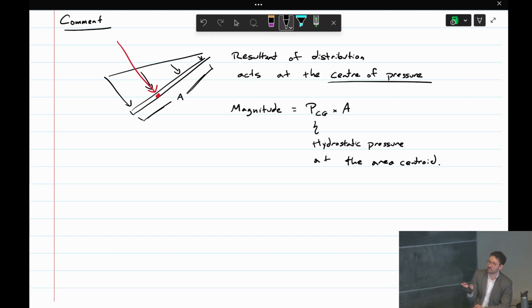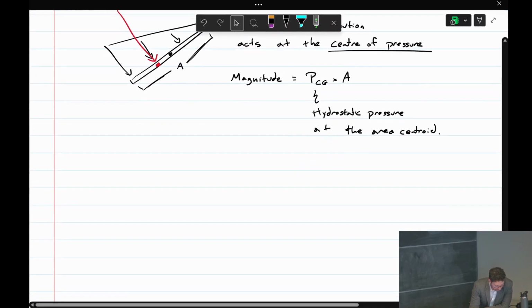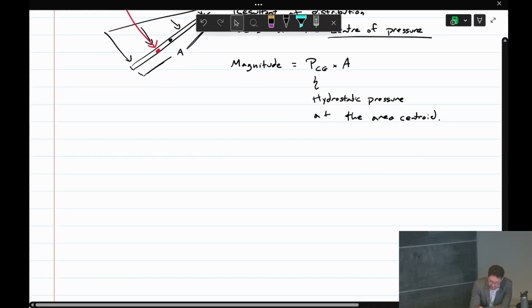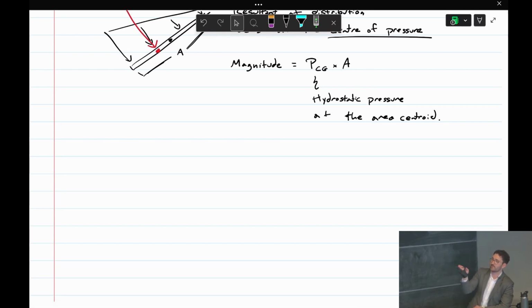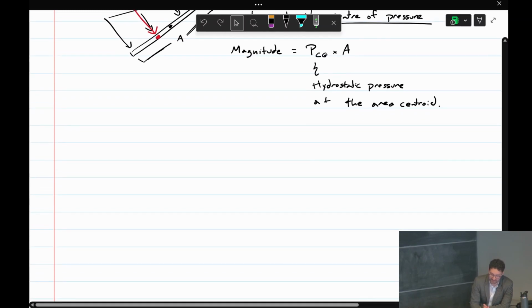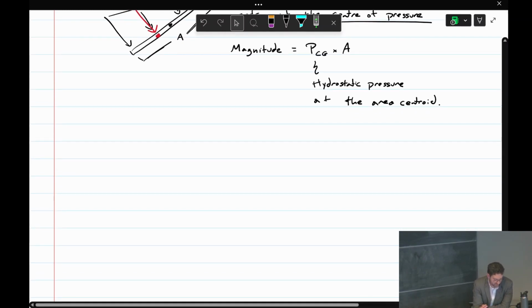For a rectangular gate like the one we just did, the area centroid is just right in the middle of the gate. So that would be there. So P_CG can easily be computed as rho g y, if you know where that y is. So it's the depth of the area centroid of that plate. But the resultant force doesn't act through the area centroid, it acts through the center of pressure. That might be a little bit confusing, but I can give you the formulas to compute where that acts. So it acts through